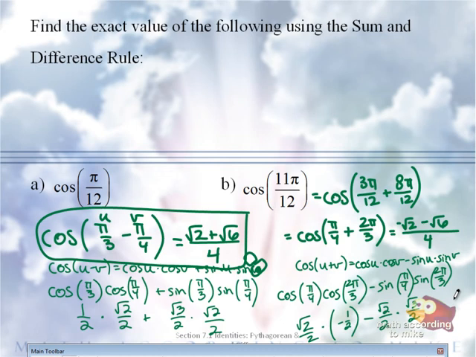Notice that it's just negative 1 times our answer from part A. What's the relationship between pi over 12 and 11 pi over 12? They're supplements. Which means that the reference angle for 11 pi over 12 would have been pi over 12. This is in quadrant 2, so the reference angle is pi over 12. And all you have to do is